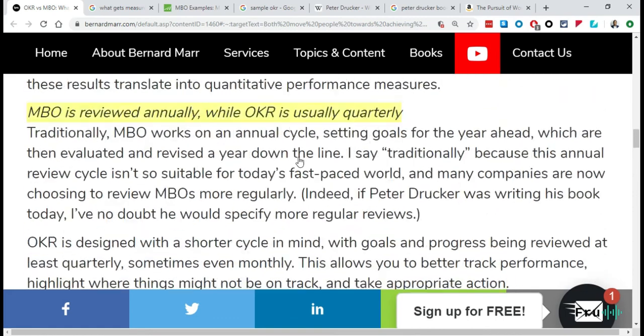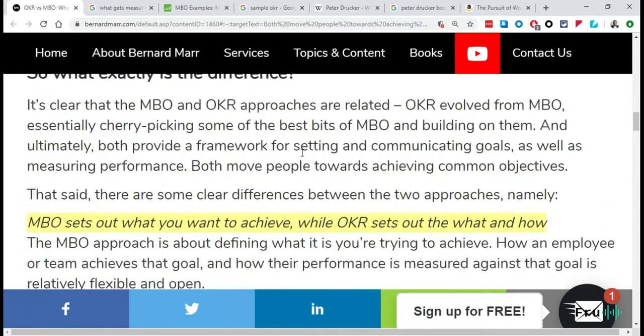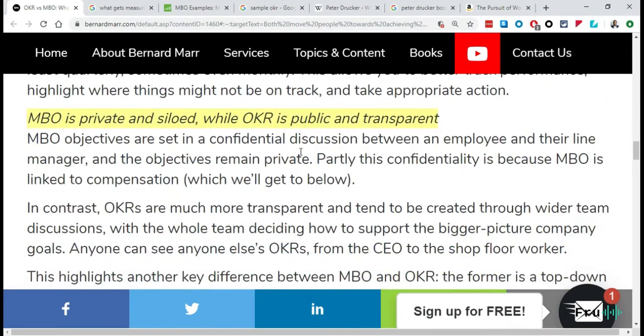That's another key difference. So this is difference number 3 that we're seeing. I remember when I did MBOs in one of my previous roles. Basically, that was annually, calendar cycle. Usually we did it around February. We started by February and then you need to be done by March for some reason also at the time.